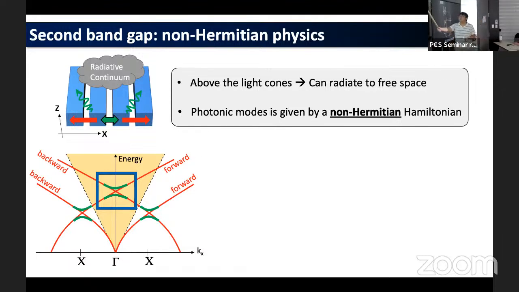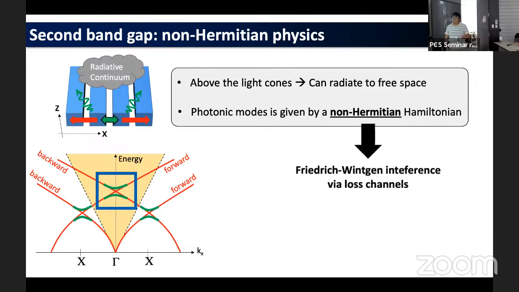We need to use a non-Hermitian Hamiltonian. And this non-Hermitian Hamiltonian employs what people call Friedrich-Wintgen interference via loss channels, because each guided mode, when folded into the light cone, becomes a leaky mode that couples to this